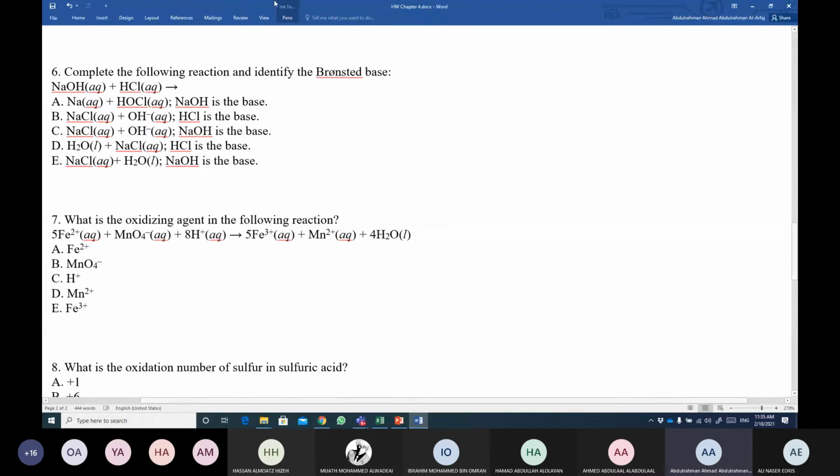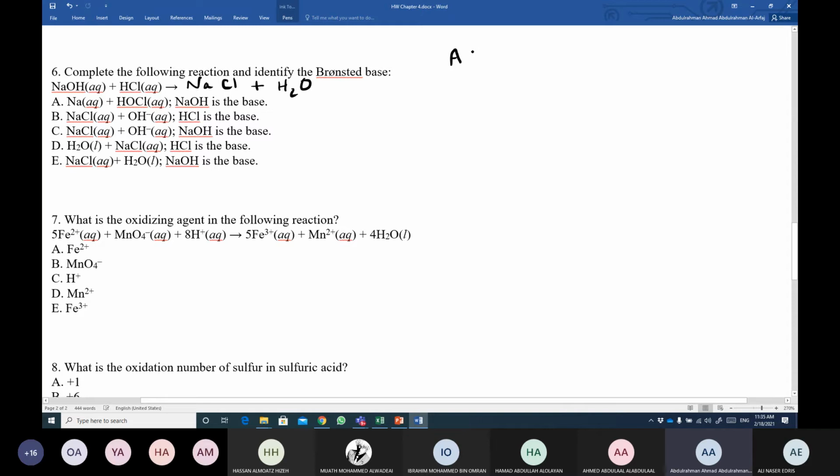Question 6. Complete the following reaction and identify the Bronsted acid. So complete the reaction. What are you going to get? NaCl plus H2O. Good. Now, that is what we're going to get. Before I answer this question, we have 2 definitions for